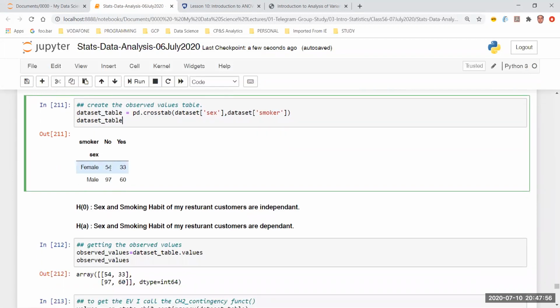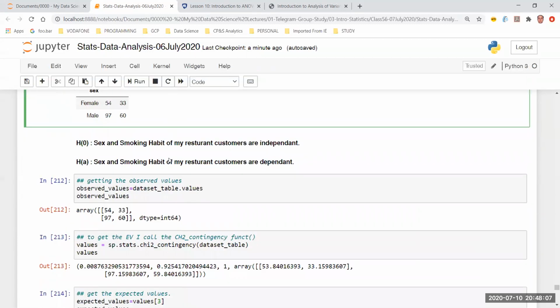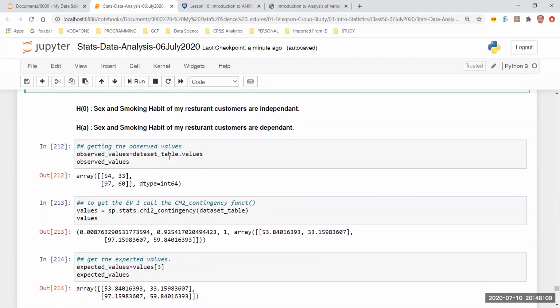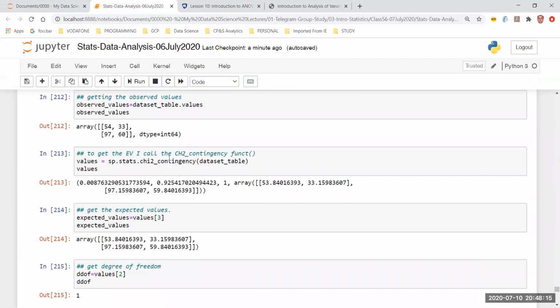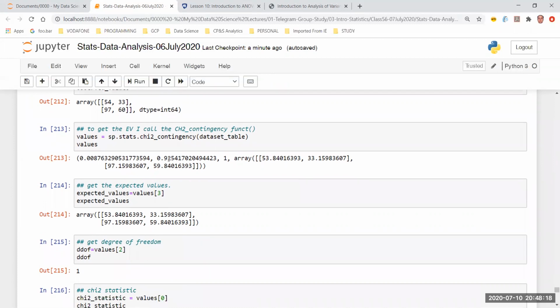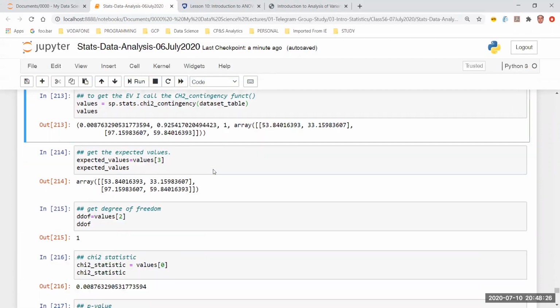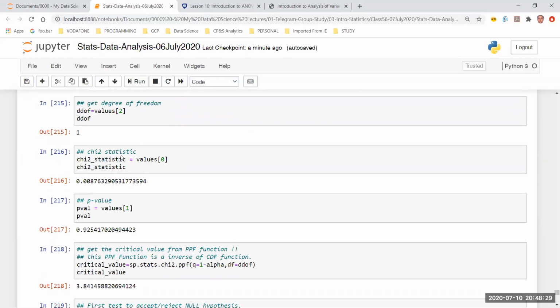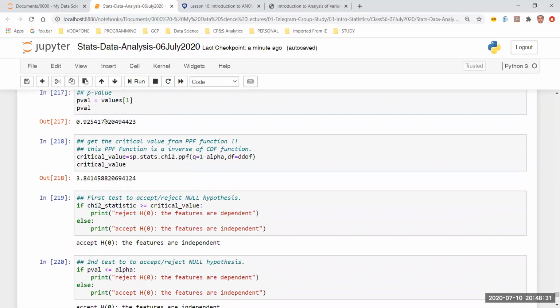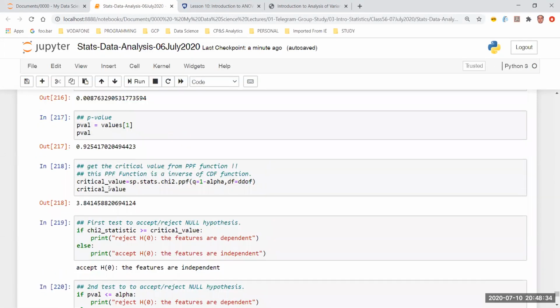But when we do the analysis, we need to convert them into numbers. That's why we are creating the observed values into a data frame which looks something like a cross tab. Then to find the chi-square statistic, as we have seen, we need to find the expected values, which come out as an array from the function chi2_contingency in Python. Post which we got the expected values, the degree of freedom, the chi-square statistic, the p-value, and we got the critical value using the